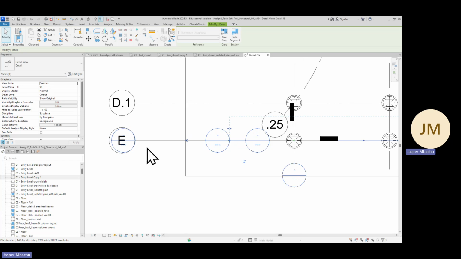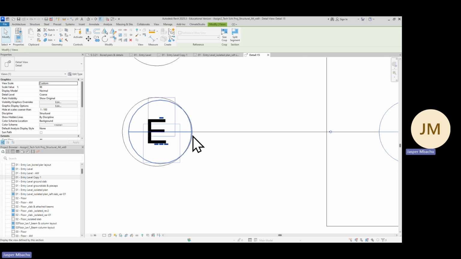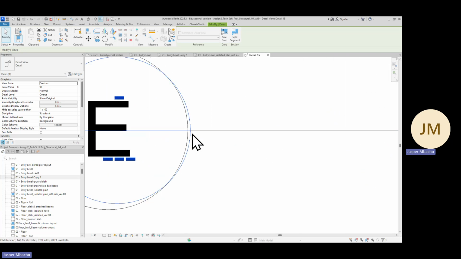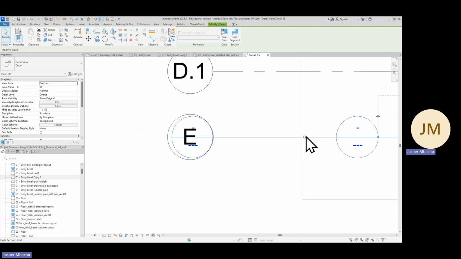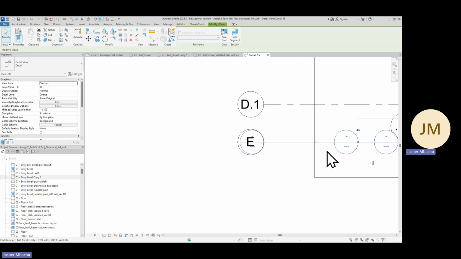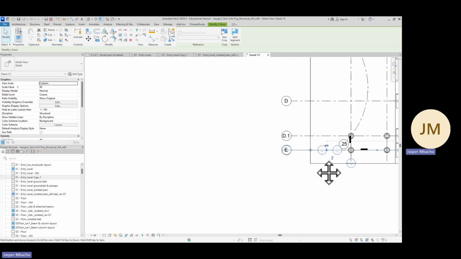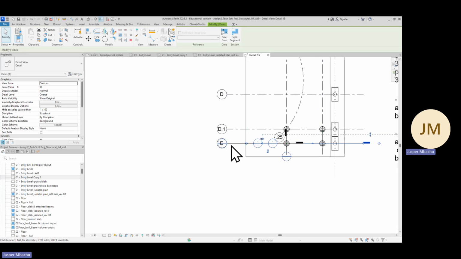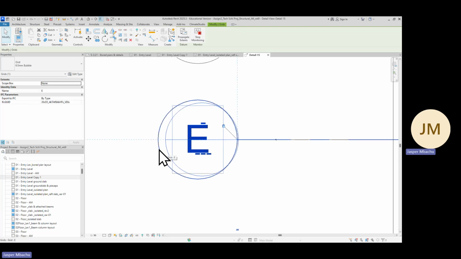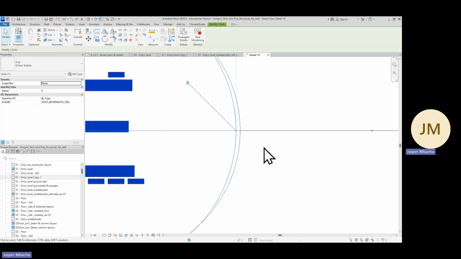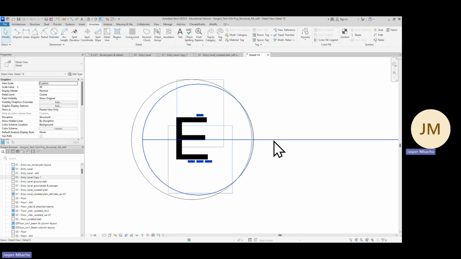So the best thing to do there is to, when you hover the mouse,